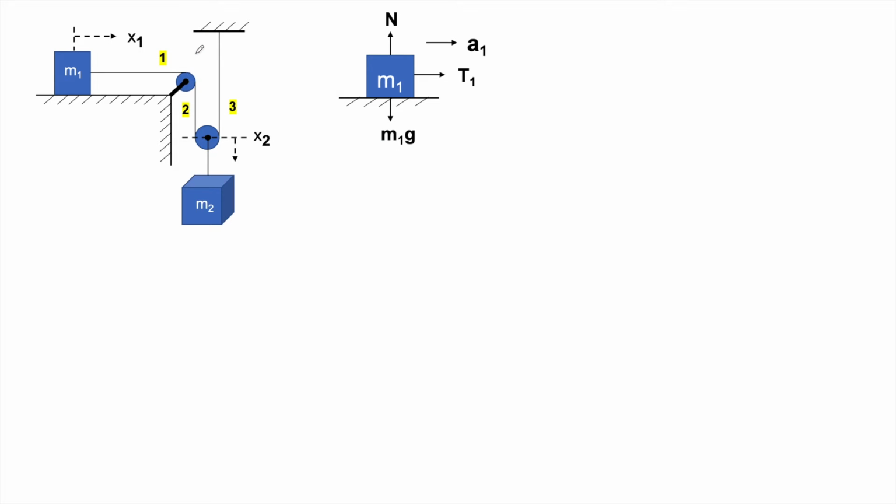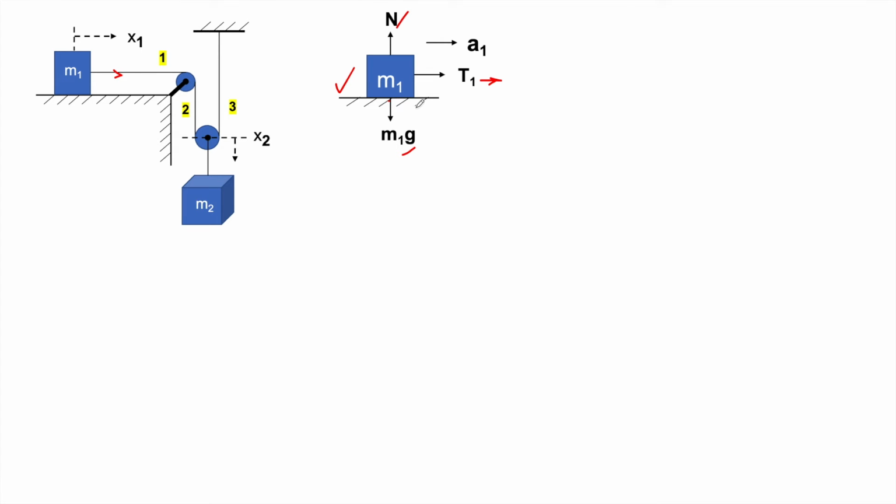Now let us draw the free body diagram of block of mass m1. If you draw the free body diagram of block m1, then the forces acting on the block m1 are m1g, which is vertically downward, and the normal reaction force from the contact surface. This is the normal force N. What other forces are acting on this block? The tension force T1 towards right, because tension always pulls a body. So the tension force on block m1 will be towards right. Now no other forces are acting. Only the forces m1g, normal reaction, which is a contact force, and the tension force due to the string.